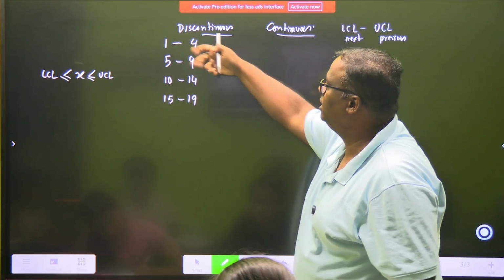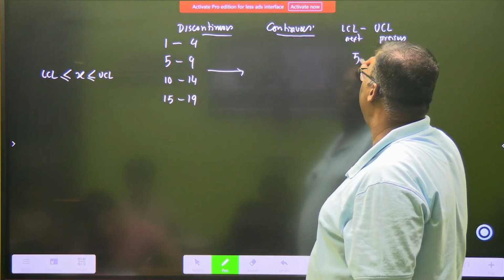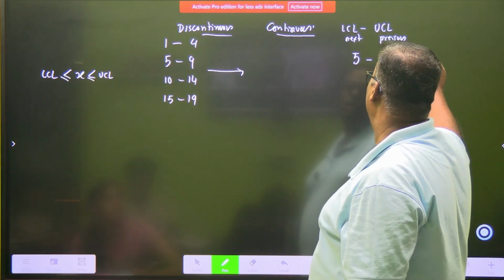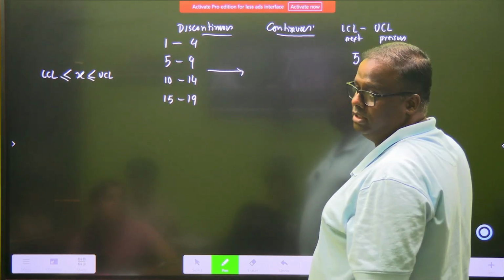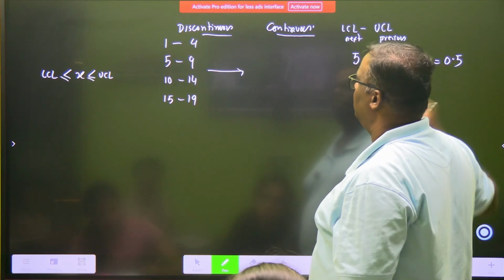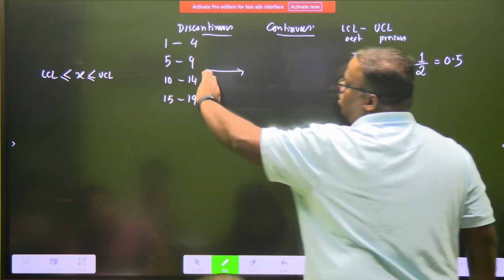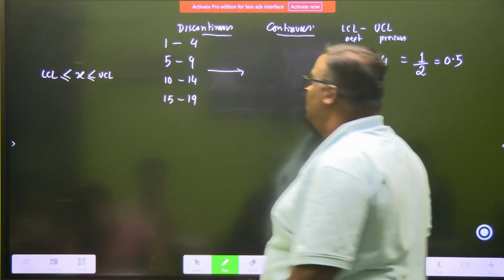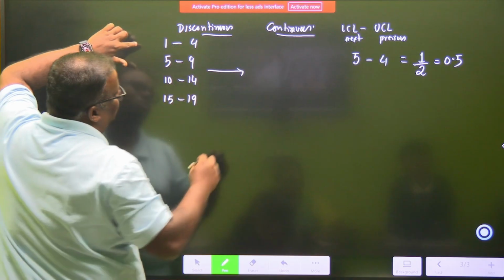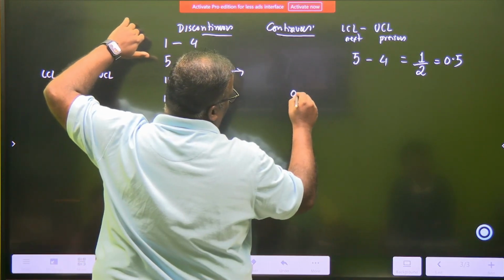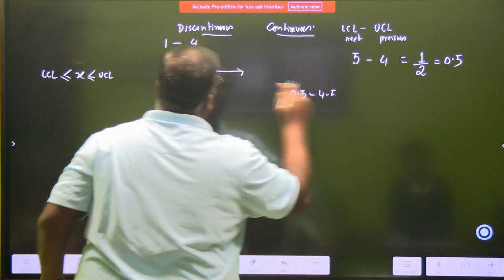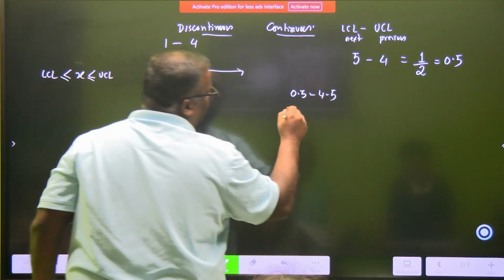जैसे इन दोनों में देखते हैं, हमारी वैल्यू क्या हो गया, 5 minus 4. 5 minus 4 is how much बेटा, 1. 1 को 2 से divide कर दीजिए, just divided by 2, how much you get, 0.5. इसको 0.5 stretch करो, इसको 0.5 stretch करो। इसको अगर हम 0.5 stretch करेंगे तो ये कैसा बन जाएगा, यहां भी 0.5 stretch होगा, हाँ पीछे जाएगा 0.5, और ये कितना बन जाएगा 4.5।